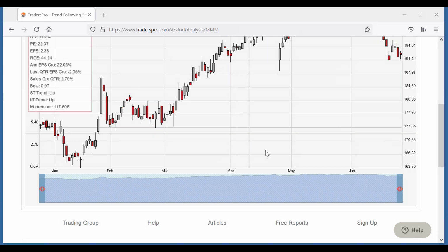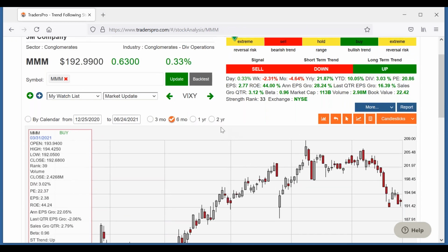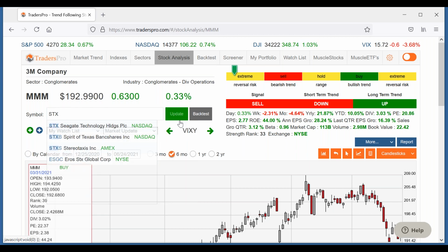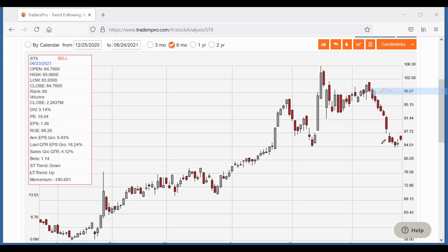Now in my notes on STX, I put a little question mark because you usually don't want to see it move lower or close lower than the matching low formation. It did close lower on Tuesday, but it has kind of had an indecision day there, and it's kind of come back up again. We'll keep an eye on this to see if it's just,